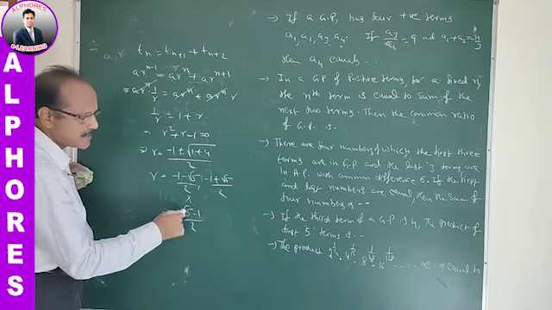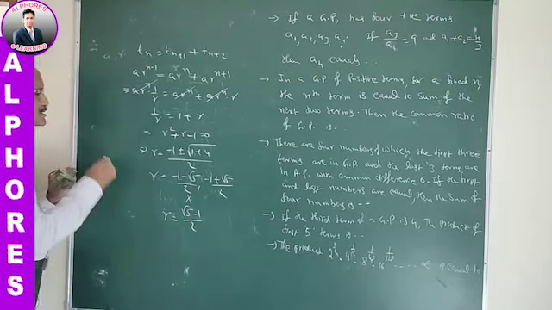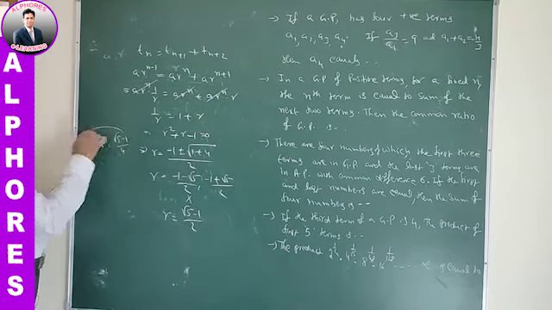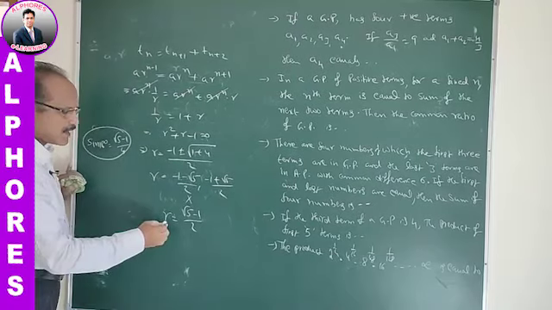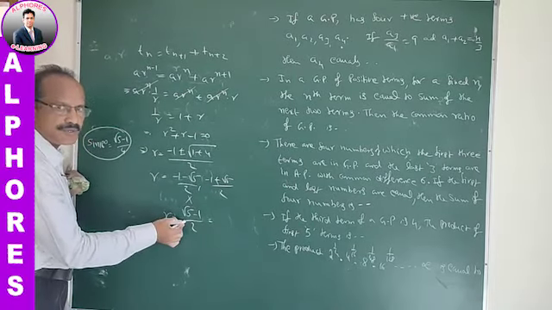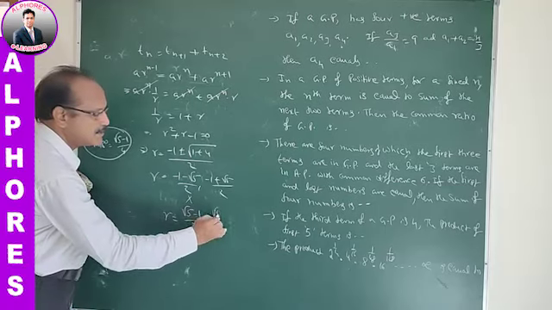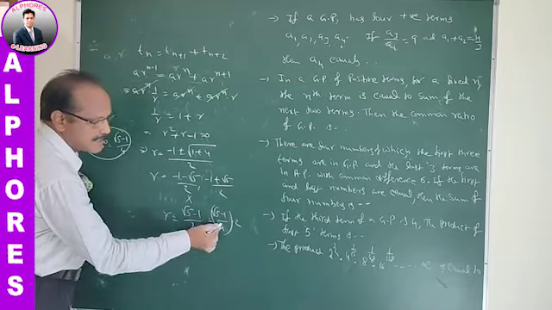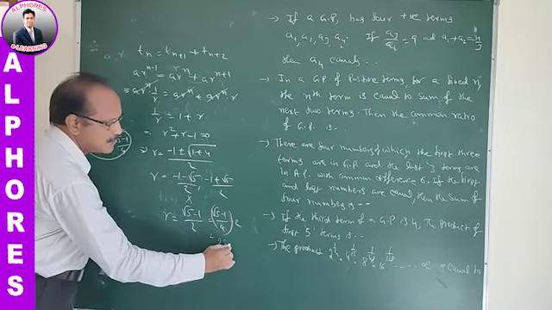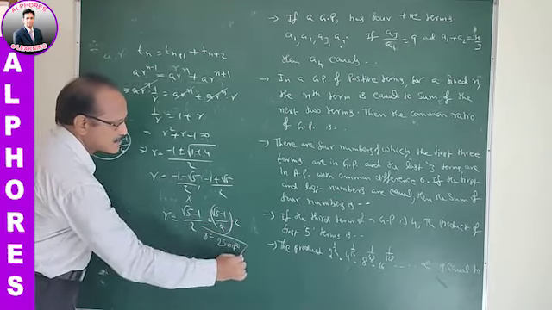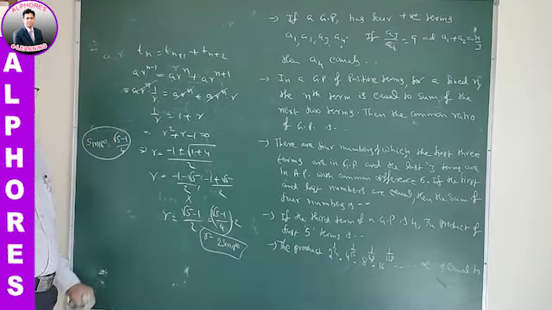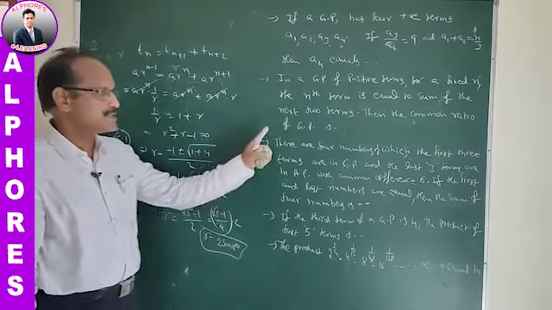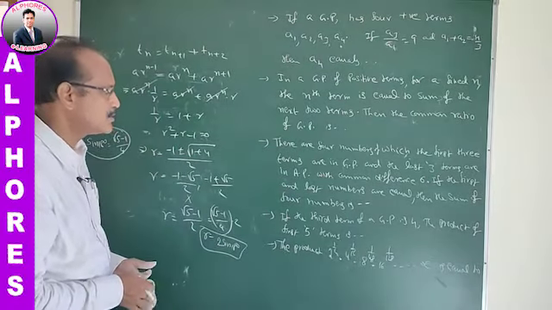We can express this value in terms of sin 18 degrees also, because sin 18 degrees is equal to root 5 minus 1 by 4. So I can express the r value in terms of sin 18 by multiplying and dividing by 2, that is root 5 minus 1 by 4 into 2. As it is sin 18, therefore the R value is 2 sin 18 degrees for this question. I am expressing the common ratio in terms of sin 18, right? Okay, second is over. Next, coming to the third question.